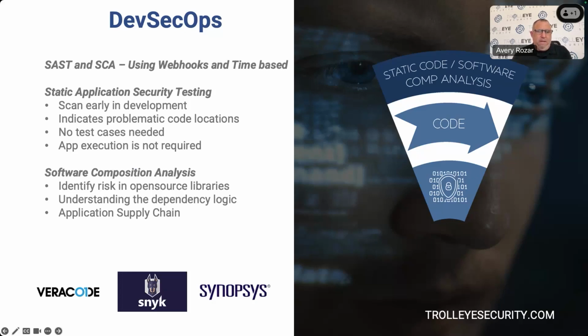Software composition analysis is very important when it comes to finding open source third-party libraries. This way you find out what's in the code and how it can be exploited. We do a lot of these with webhooks and time-based checks. So basically you get a webhook, then you spin up a scan, or maybe the developer has not